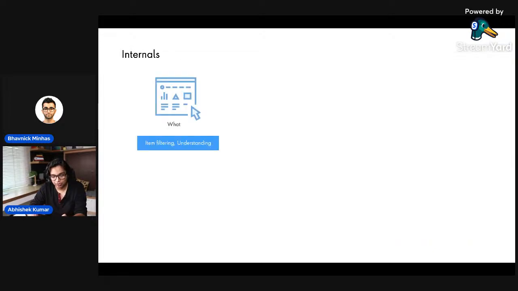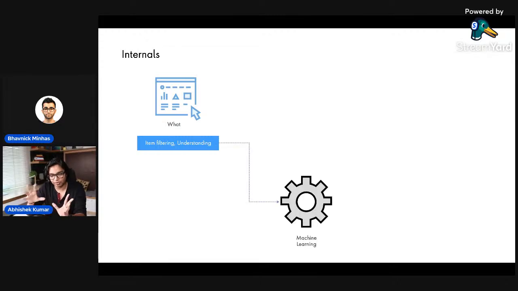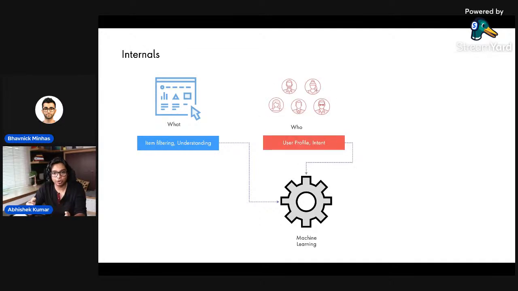So how does it work? If you look into most of the recommendation engine internals on a very high level, they might look the same, which is you take the information maybe about items. What are the different items which are out there? You put it into probably some kind of machine learning model. You also want to introduce who these users are, what their profile is, what their intent is, and maybe also some context. It could be location context, it could be time context, it could be maybe just day of the year context. For example, if it's Black Friday and you want to push more electronic items, or if it's seasonal, let's say it's winter and you want to push more winter season related